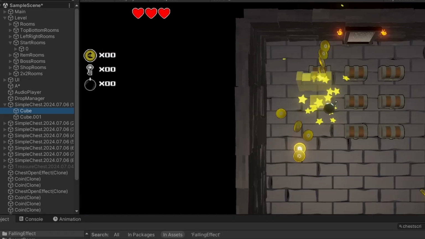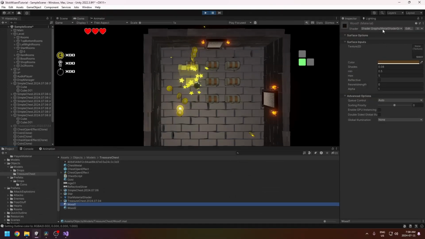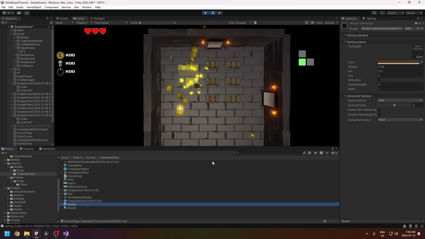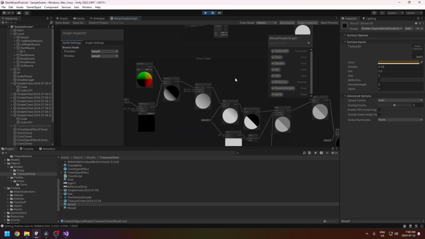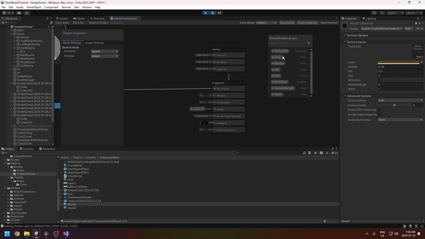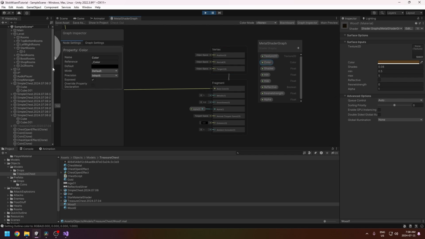So for example, our treasure chest material. Okay, so our treasure chest material here, we're using a URP lit shader graph called metal shader graph. And this is our cartoon effect. So you can see that the materials on this are a cartoon shader graph. I'm not going to be going over the shader graph in this one, but I will show it to you briefly. So this is the shader graph, and the base color for this, the input variable, we've named it color, like underscore color in this case, but